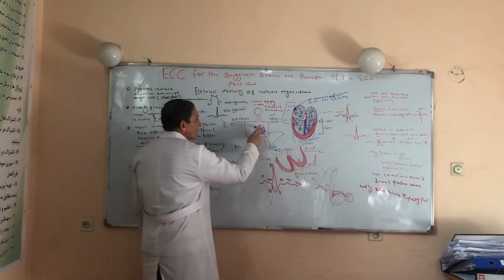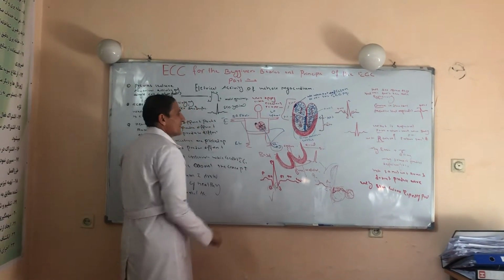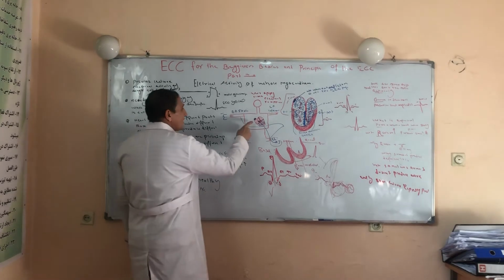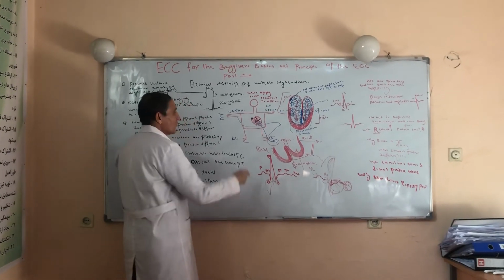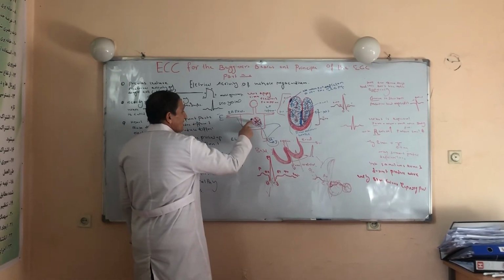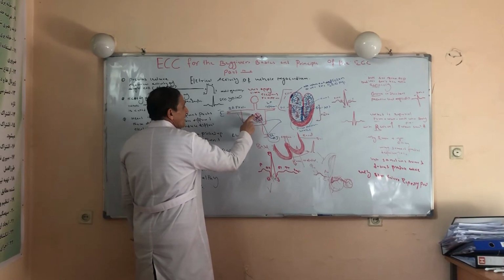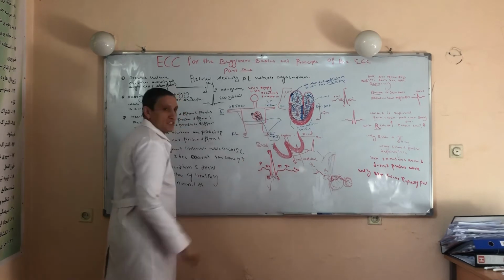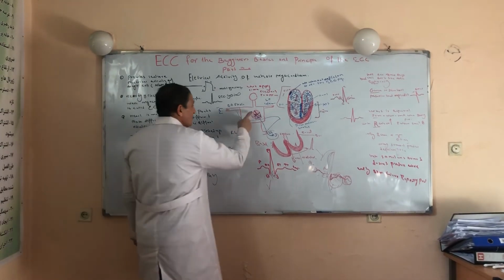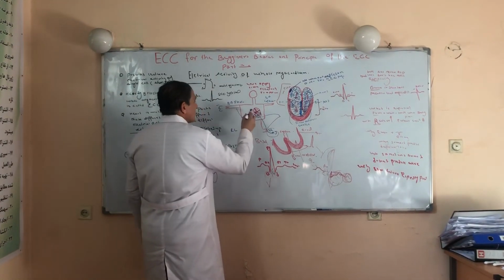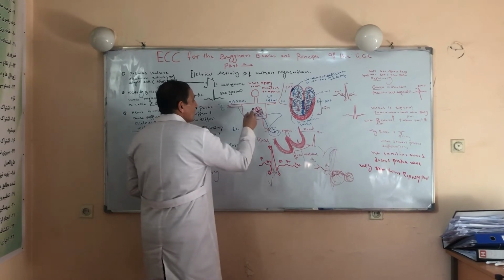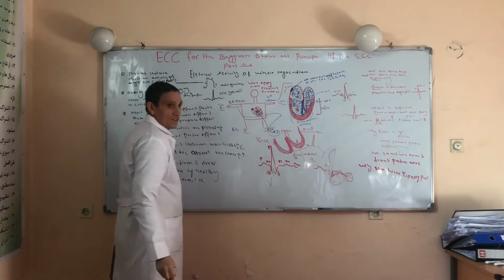After the SN node, we come to the atrium. The first part of the atrium to be depolarized is the right atrium. The right atrium is depolarized by the SN node. The first group of cells is depolarized by the SN node, then this first group leads to depolarization of the second, third, and final groups. The right atrium is depolarized. This right atrial depolarization is produced by a single small vector which is moving downward and rightward.